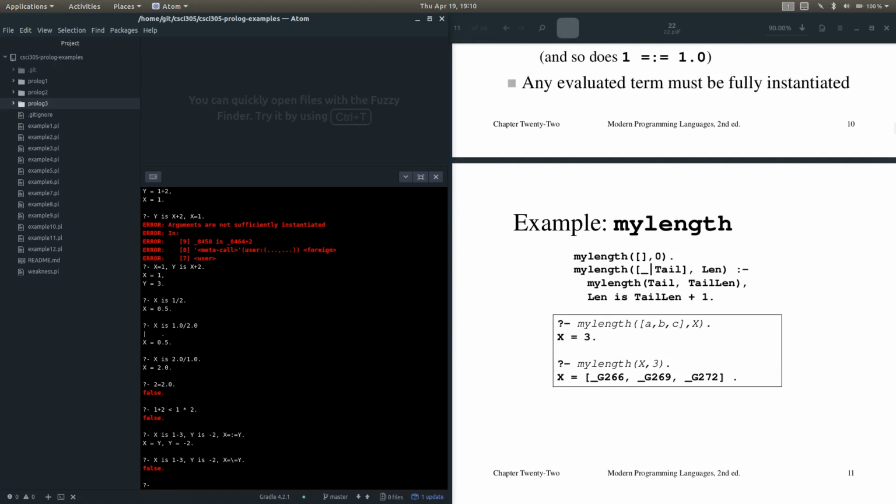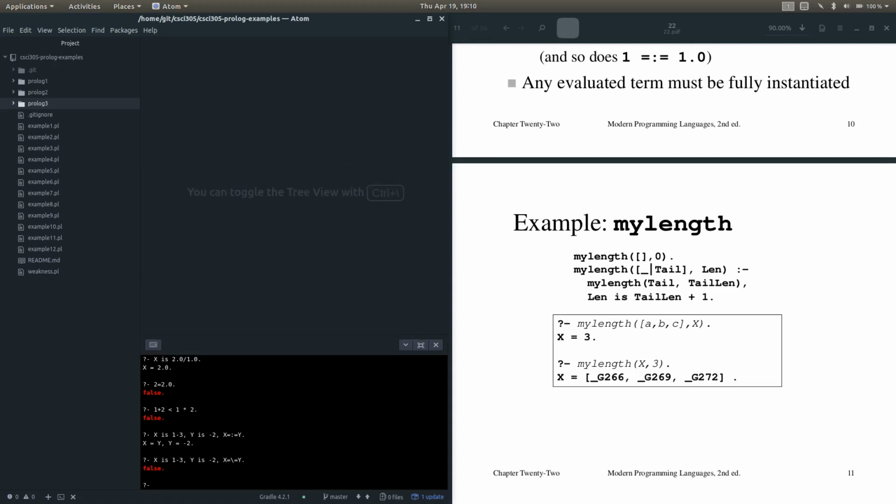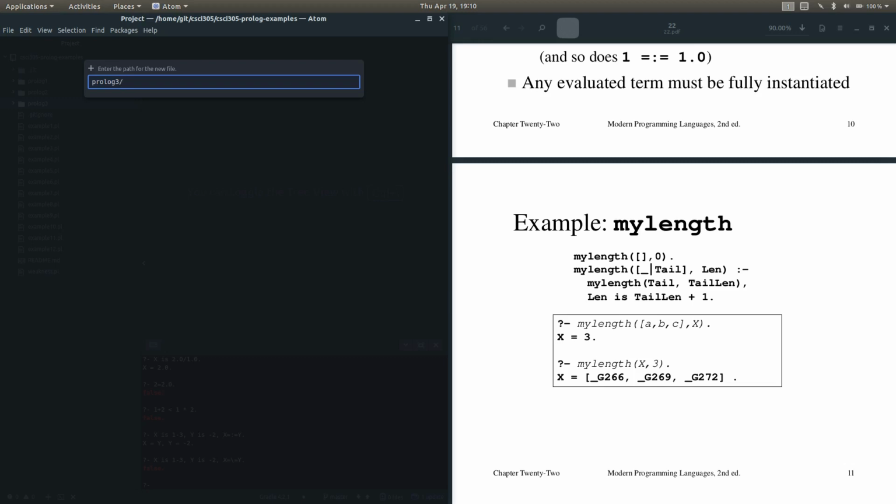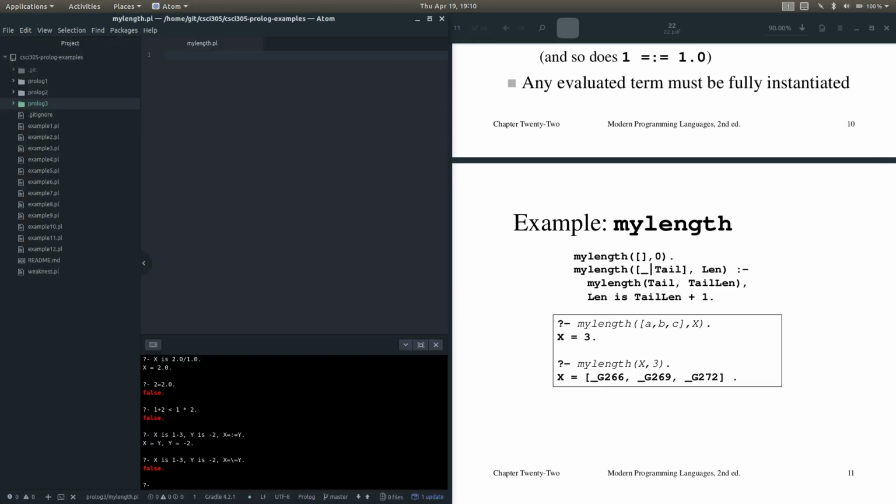Then we can move to an example, right? So now we want to actually calculate something to give us a value. So we can start with defining my length. We'll actually do that in a file, and we'll run it as we need to. Let's call this my length. So in here we say my length 0, and then my length